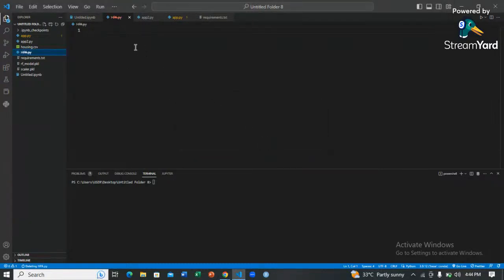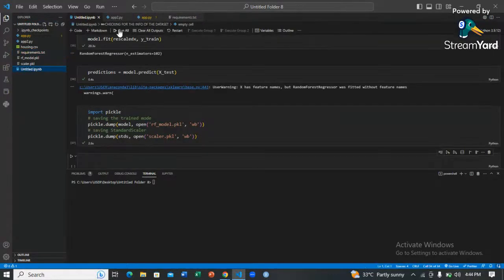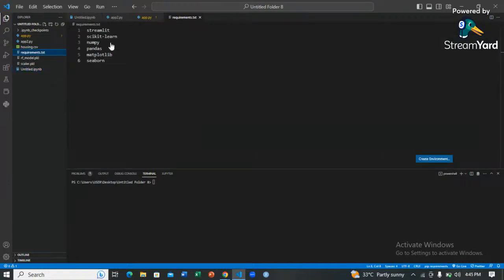I've written the code already, so I deleted my HP.py. Now, listing, good guys: when you create your app.py, you have to create a requirement.txt, such that whatever you need will be in your requirement.txt. Now I need Streamlit, I need scikit-learn, I need NumPy, I need pandas, I need matplotlib, I need